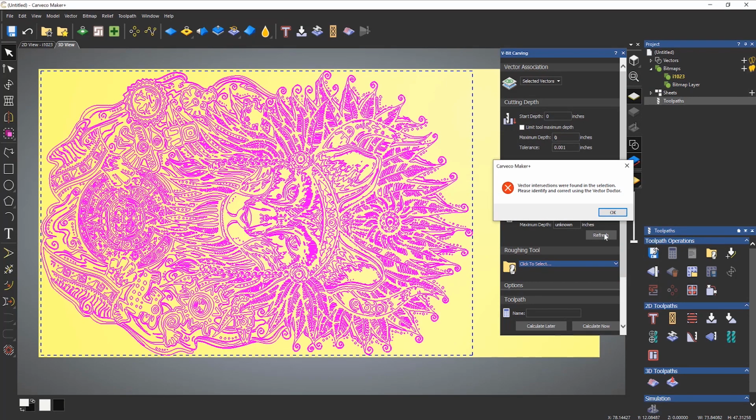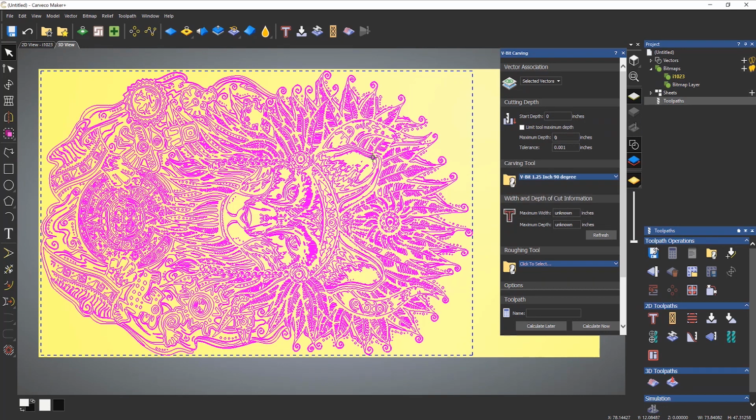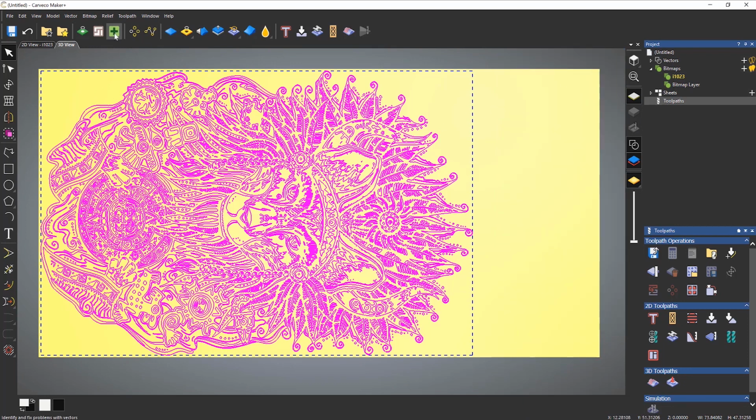Okay, so there are vector intersections, so I need to sort this out. So somewhere there are vectors that are going over the top and intersecting. So let's select OK. And to be completely honest with you, I haven't got a clue where these vector intersections are because this piece is so large. So this is where the vector doctor comes in handy. So if I go here to the vector doctor